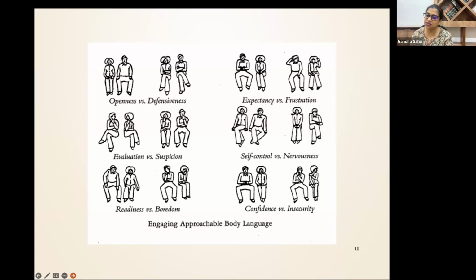And then there's insecurity and confidence, jitteriness, no eye contact, little things like that. Notice it. And as Mr. Praveen said, you will learn it as you go. At the same time, you will learn it as you go only if you are aware that these are things that I have to be very attentive towards.